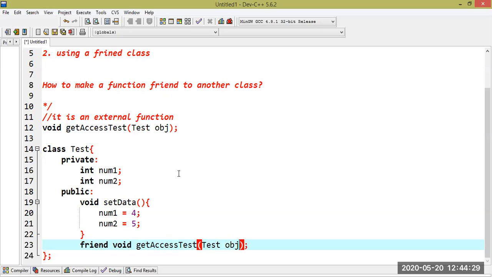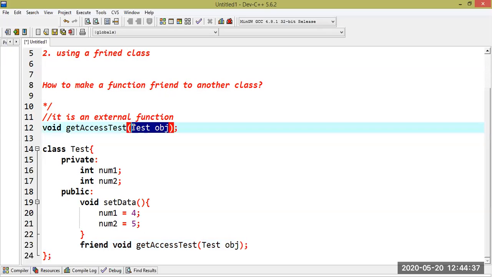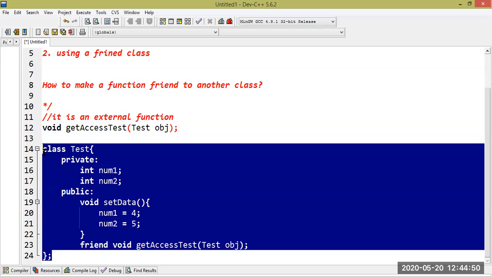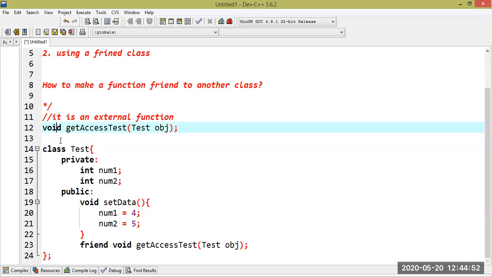Next, another step we need to follow. When we declare this function and pass Test obj as an argument, the compiler might raise an error that Test is undefined. If you look at the code carefully, I have written the body of the Test class after the function declaration.